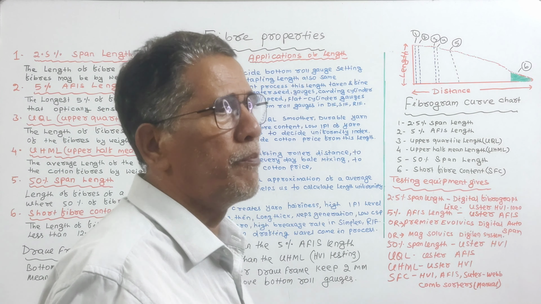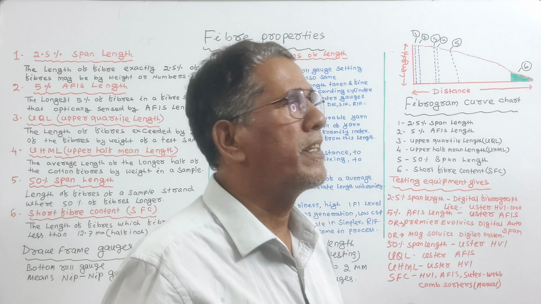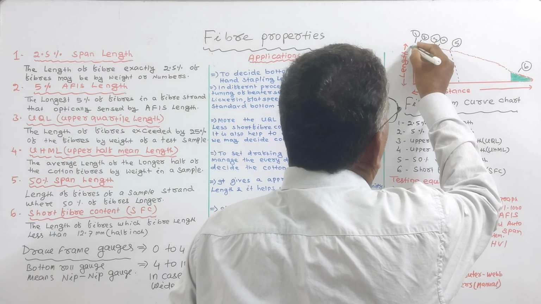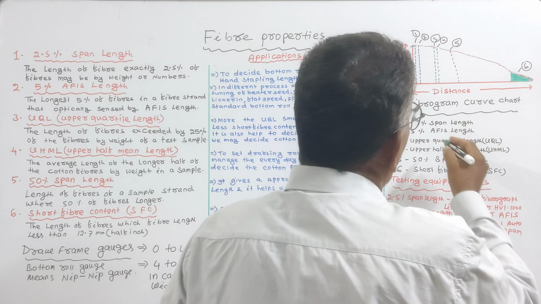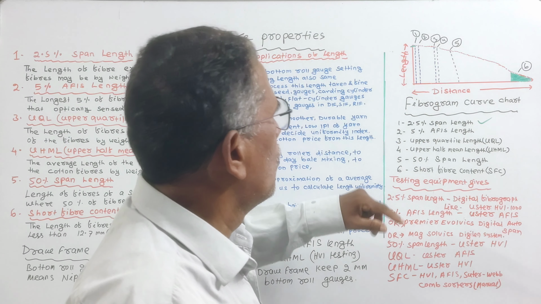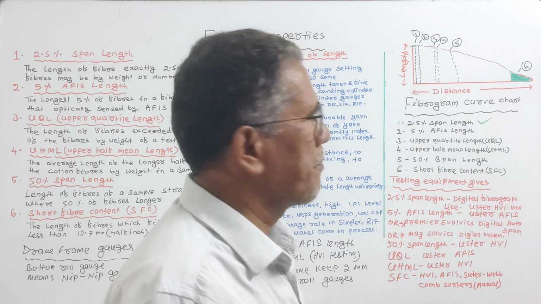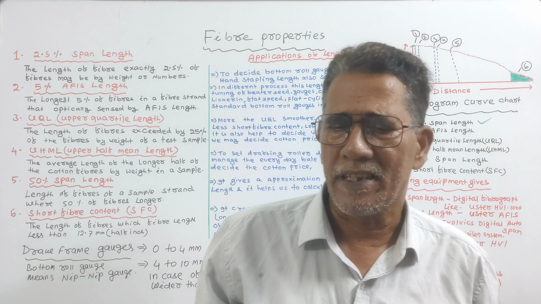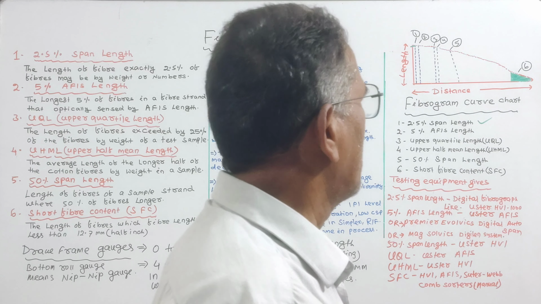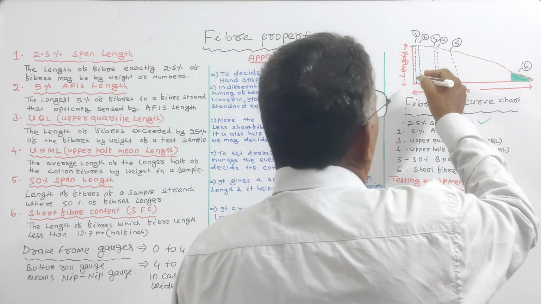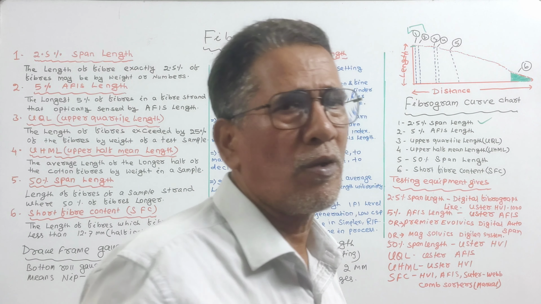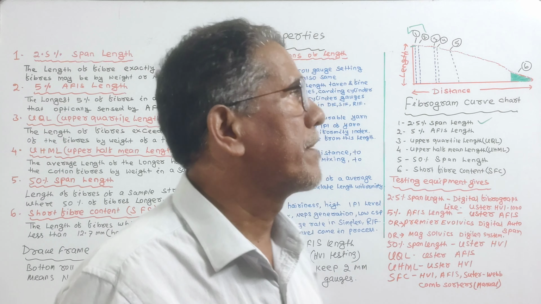Okay, and you see the longest 2% fiber may be in weight or in number. The first one, this length, we call 2.5% span length. Then next, number 2, is 5% span length. The 5% longest fibers are called 5% span length, and both are very essential for machine gauging, the bottom roll gauge of drawing frame, simplex, and ring frame.